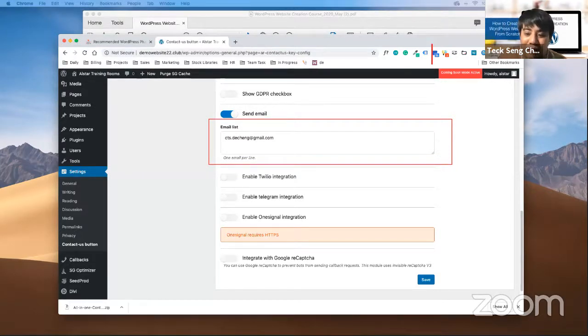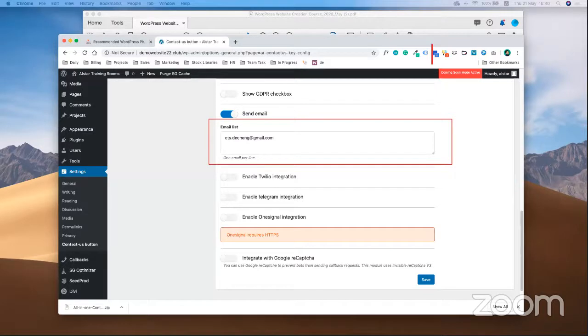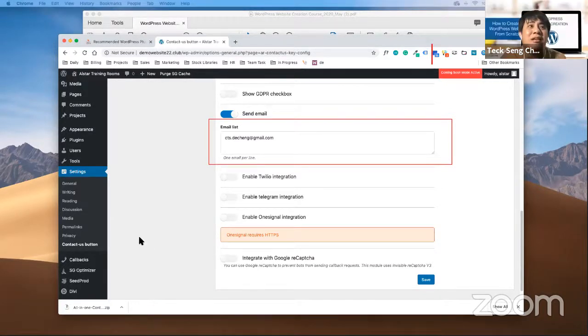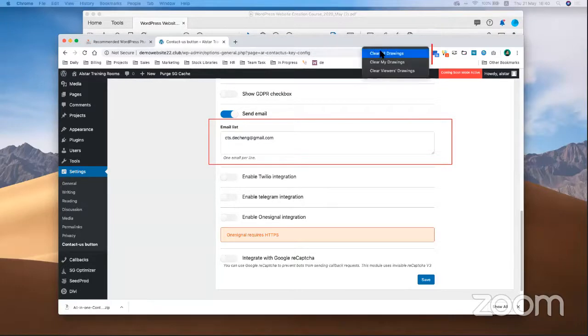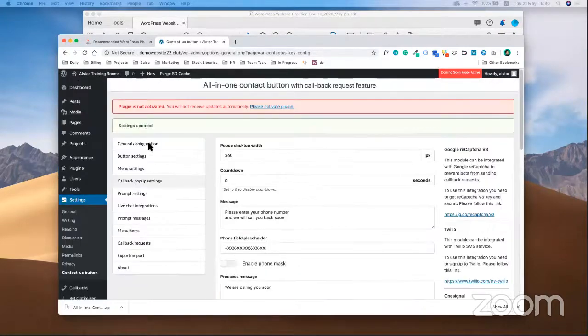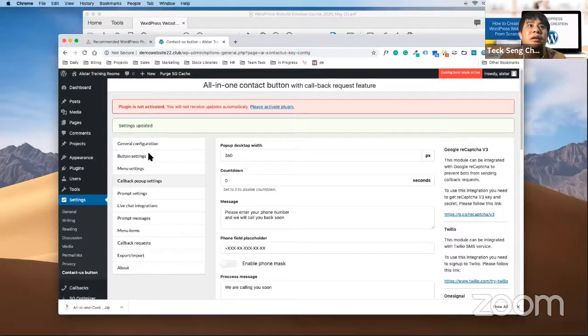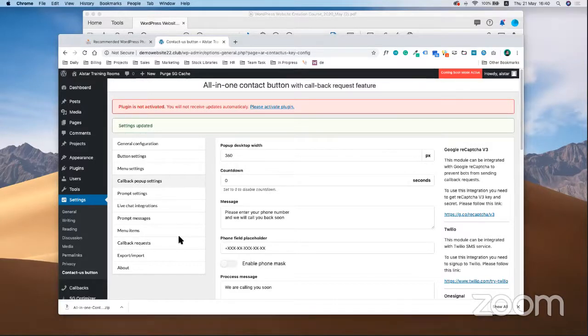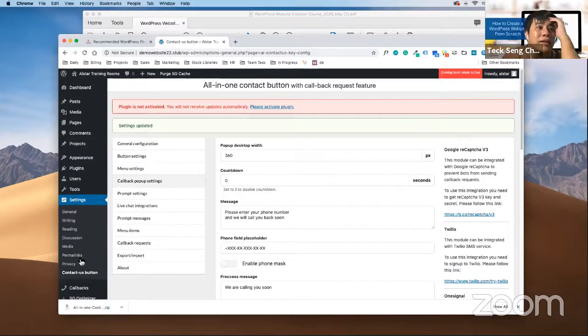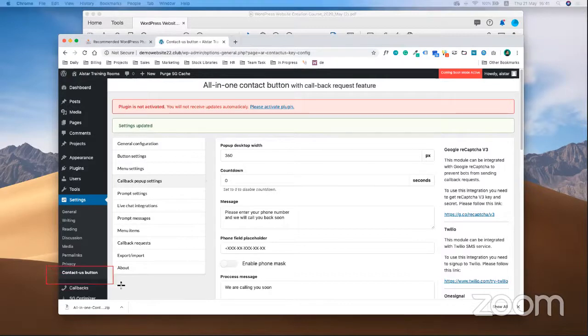Okay, Jenny, question. I went too far back, lost callback. I only see general settings now. Yeah, general settings, right at the top. So I think you went too far back. Then you just click on callback pop-up settings. There isn't any selection option for that. Can I just share screen with you? But you see a general configuration here, right? Yeah, site title, tagline, all that. Oh, no. Under settings, can you see callback button? I don't have the option at all.